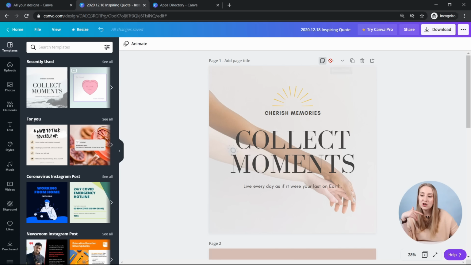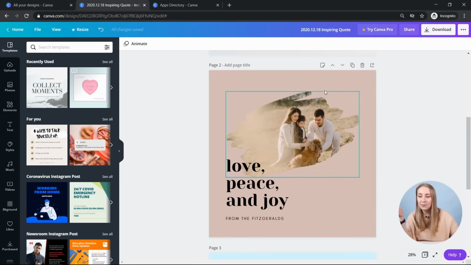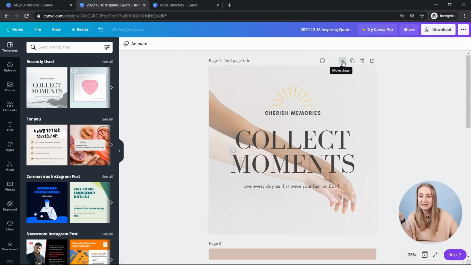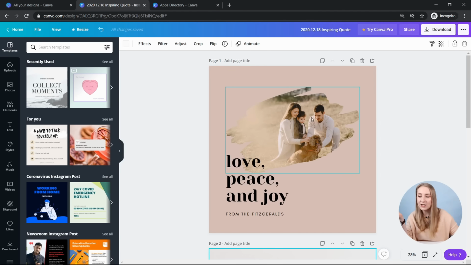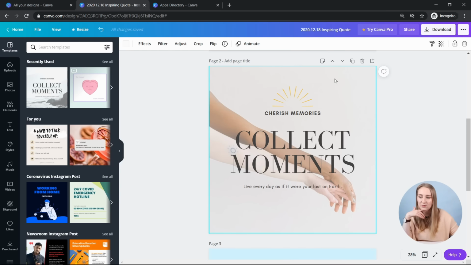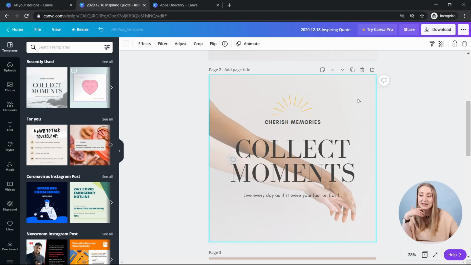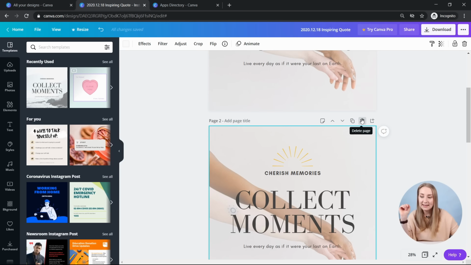This is where you can actually move down or up your multiple pages. So let's say I want this one to go down and this one to be first. This is what you can actually do. You can just leave it in here and use these arrows to move those pages around the design. Then you can duplicate pages. So if you want to create something very similar, or you want to use the same design, you can just do it in here and it just duplicates it.